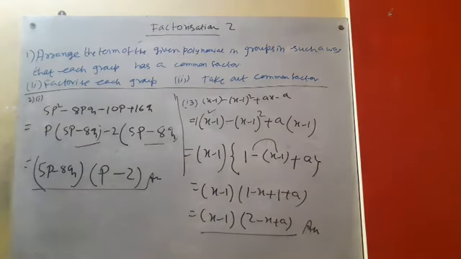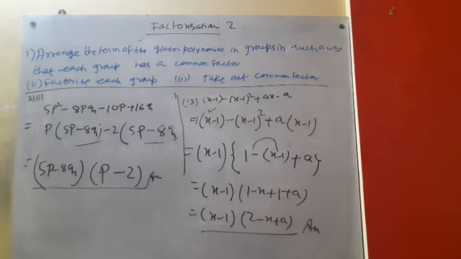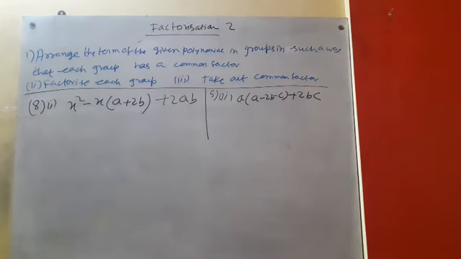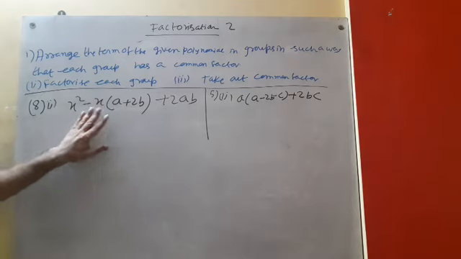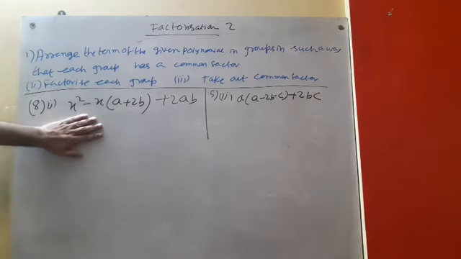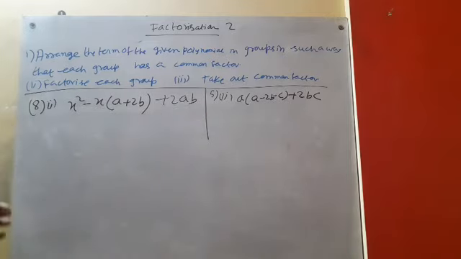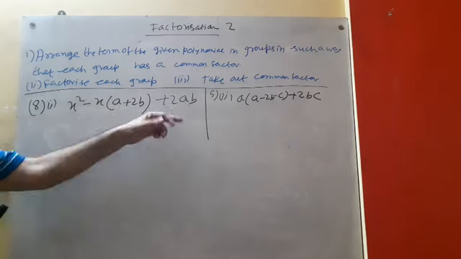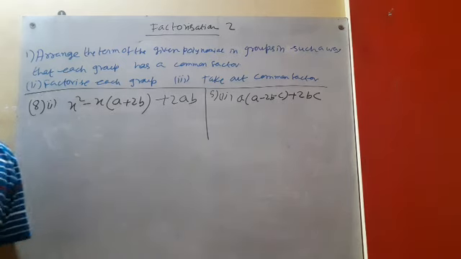Now we move on to question number 3 and 4. We have to first copy, then we'll do. Now question number 8, part 2. x square minus this form. Look, how do I arrange the groups? Because only 3 terms are there, so 2 cannot be taken here. From 3, there is no common factor. So in this case, what will you do?